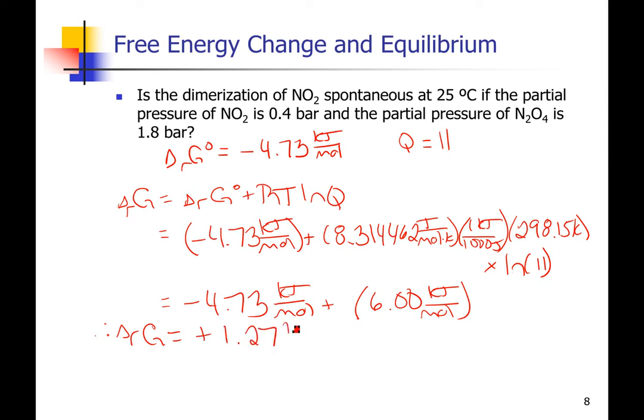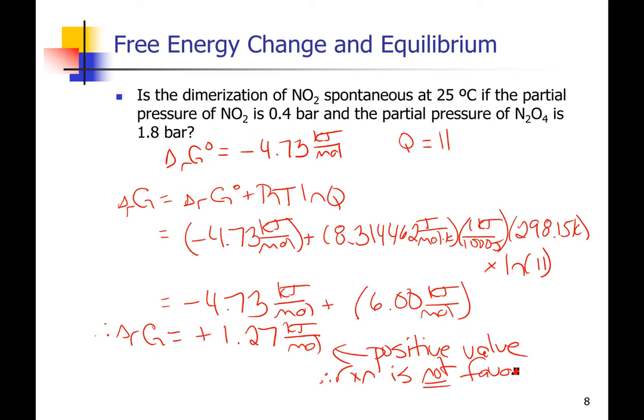And therefore, under these conditions, the free energy change for this process is plus 1.27 kilojoules per mole, which is a positive value. And therefore, the reaction is not favored in the forward direction, but rather it is favored in the reverse direction. The exact same conclusion as